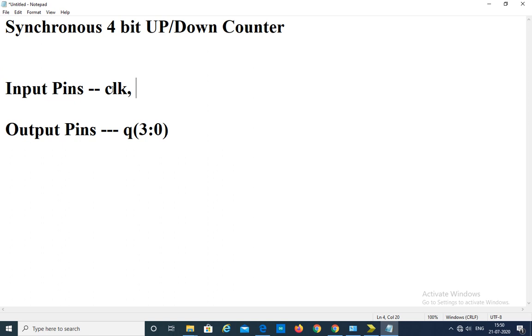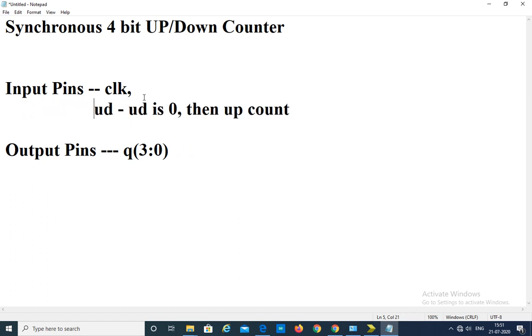So I am taking one input pin here called UD pin, such that if UD pin is equal to 0, then up count, else if UD pin is 1, then down count.